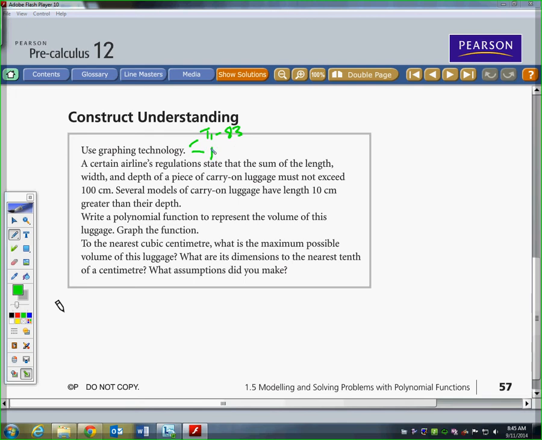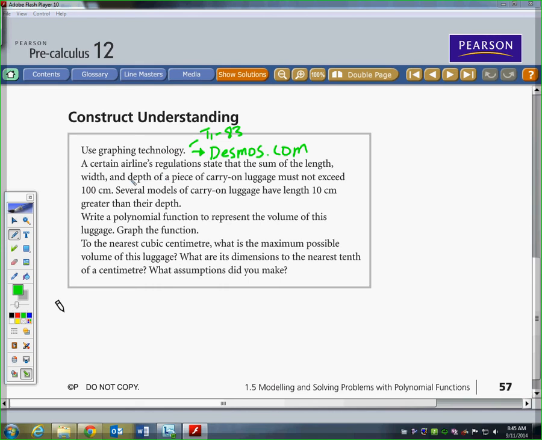Otherwise, I really like this Desmos.com. Another online one that works really well is GeoGebra. You can mention that one to me as well, or you can ask me about that one. I can show you that one as well. But lately I've been trying out this one. So let's read this and see if we can convert it into something that we can put on a graphing